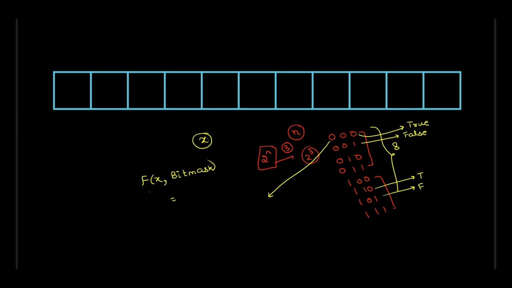So this f of x comma bit mask is nothing but the answer for a fixed position that we solved earlier. So your goal is to find out the sum of x